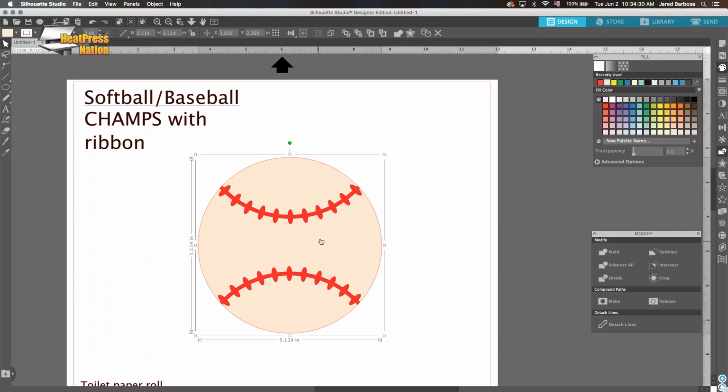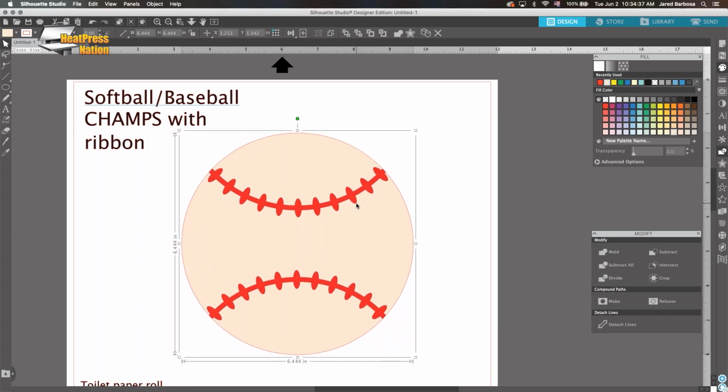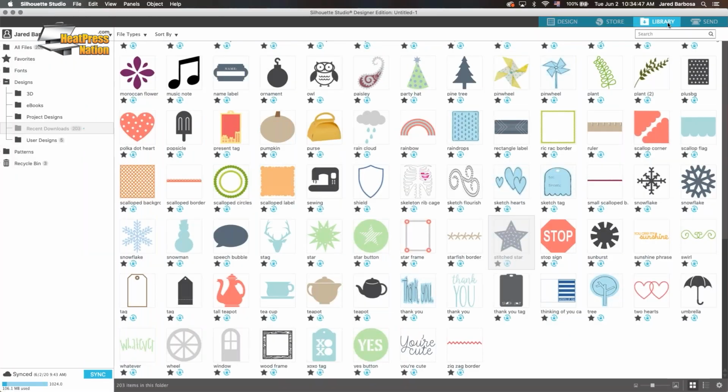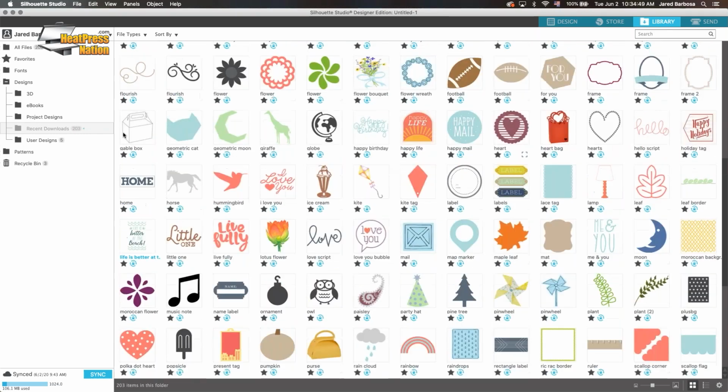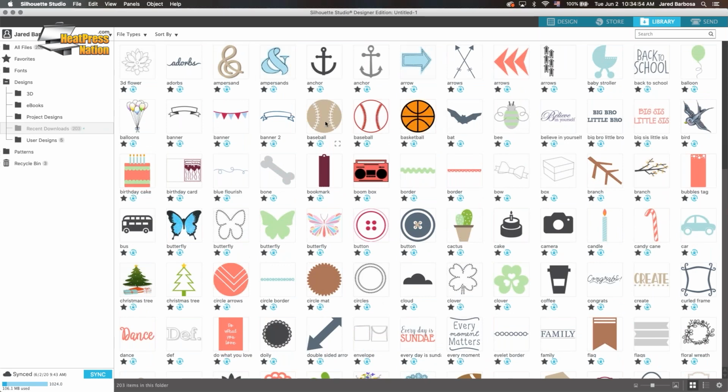Ribbons are cool. And disclaimer, there are free ribbons in Silhouette in your library. You get 100 free shapes when you get Silhouette. Everybody has them. We all have these. What I mean in library, you go to, it should be under recent downloads or whatever. There's already a baseball there, you know, but here's the thing, these are not yours. Now, you're free to use them, don't get me wrong, but if you want to create a design to sell,